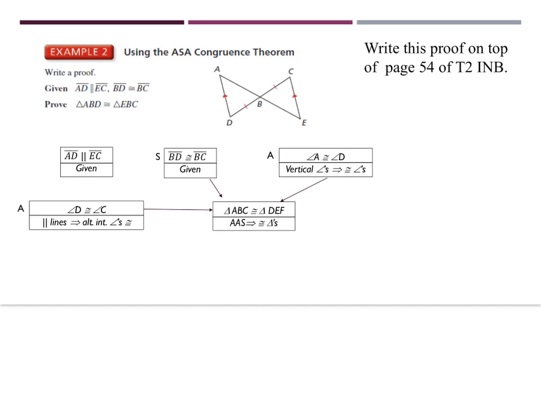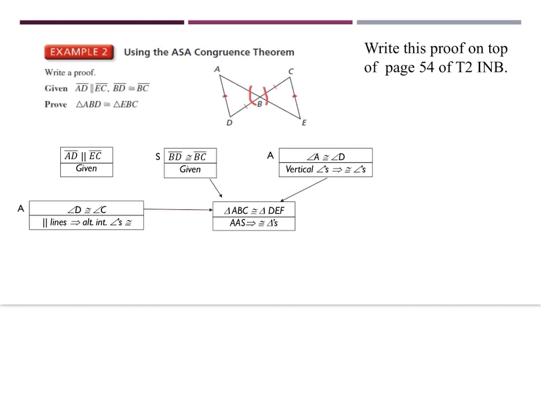All the givens are up top. Anything you can glean from the picture that doesn't have to be stated as a given, but something that you can look at the picture and conclude, such as vertical angles, are always angles that you can identify and mark in your picture as congruent and would be treated like a given, so it's in the top row. And then just remember to put your parts as you get them in your proofs. So we have sides as a given, and then the vertical angles we can use, that's a part, and then your other angle, which